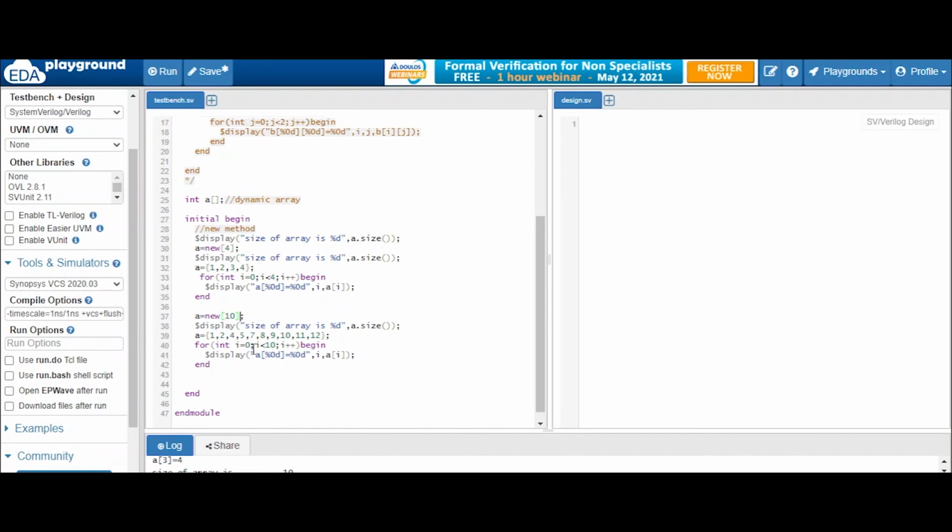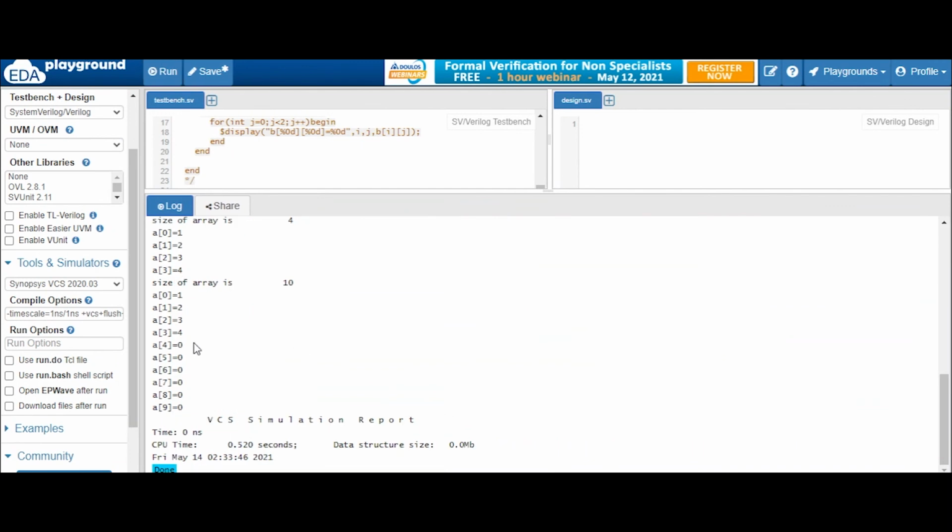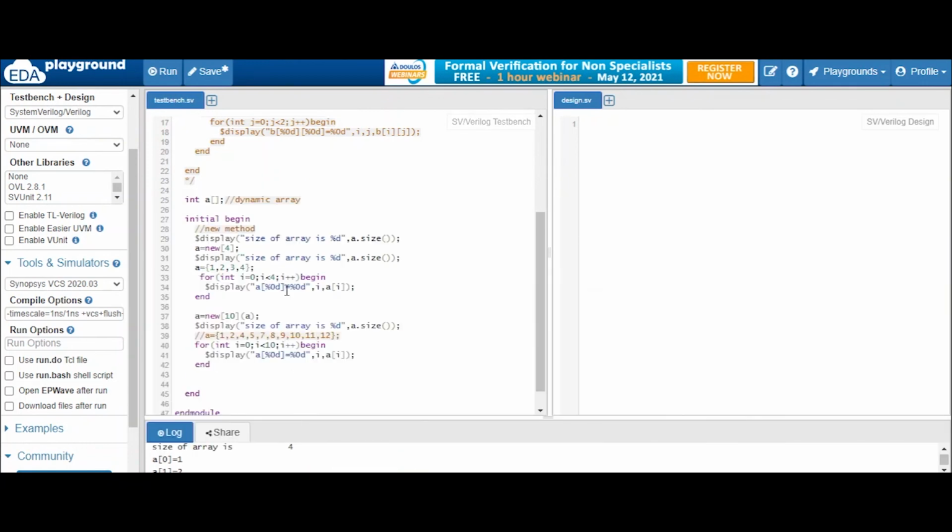In order to retain this data, you have to write a, your array name, in the circle brackets. Now let's comment this thing. And if you see now, those four elements which we declared initially will be retained: 1 2 3 4, and the rest are 0 because we have not assigned anything to them. So this is the retaining of elements.